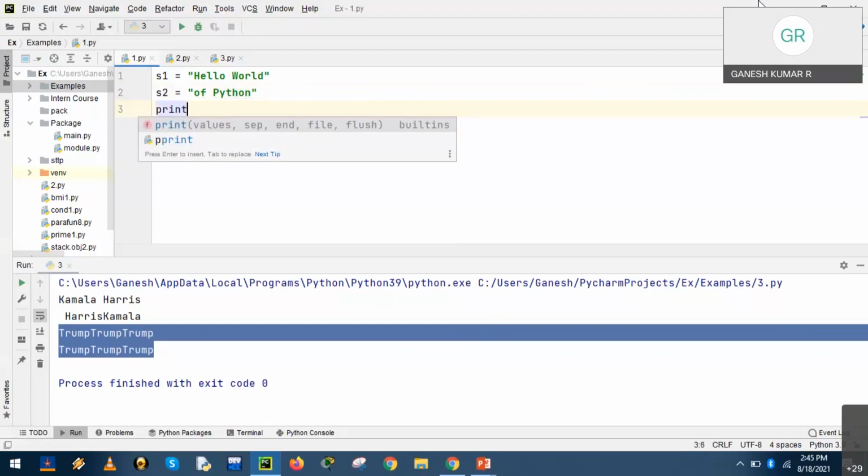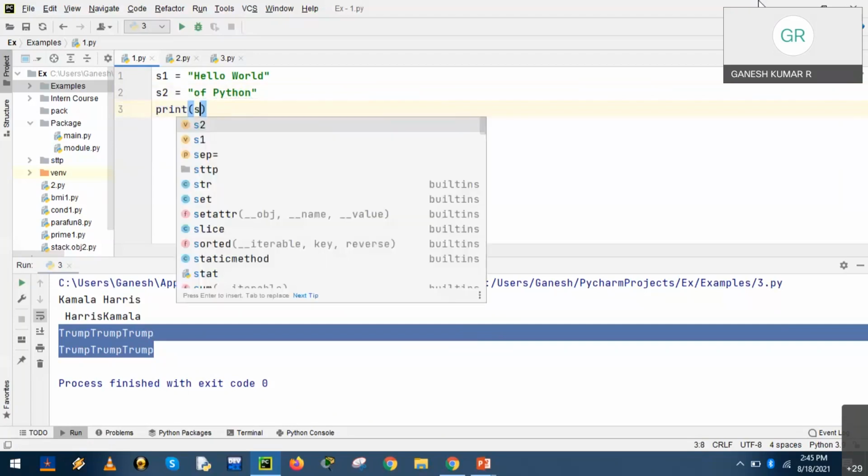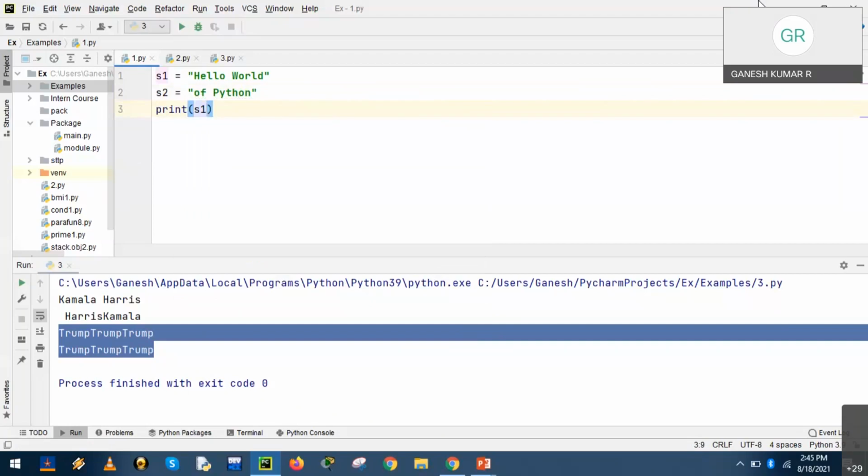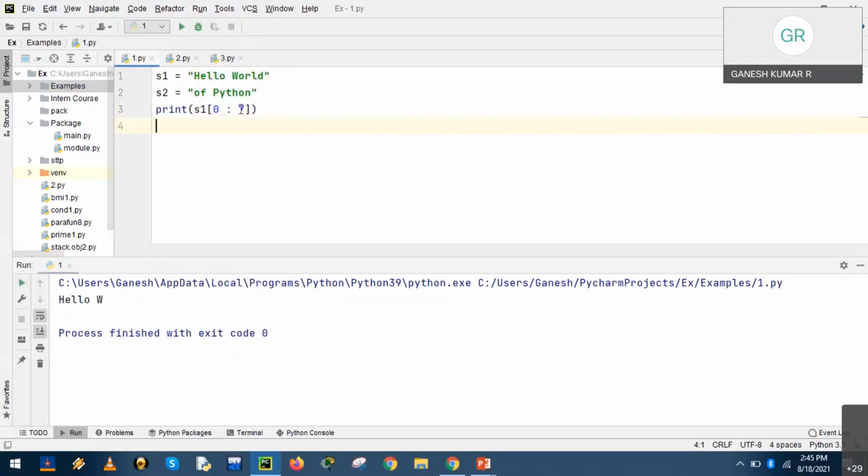Print S1, opening square bracket, the initial value, then the colon, which represents the slicing operation, and the final end value. So 0 to n minus 1, or in the program, 0 to n minus 1.